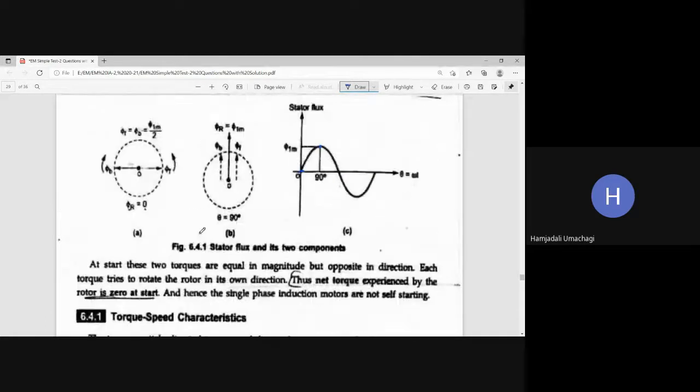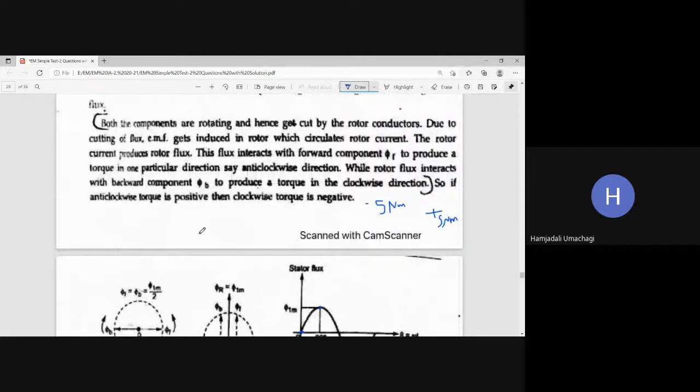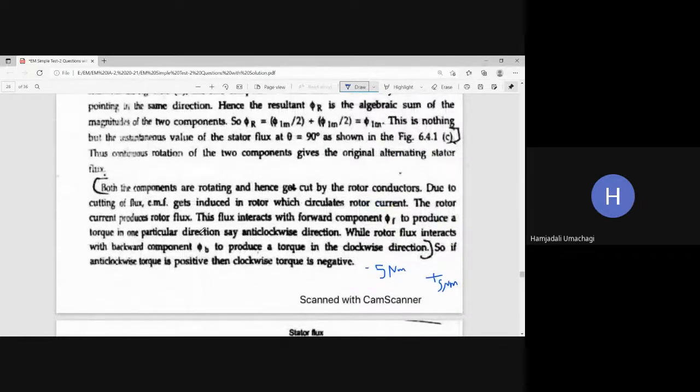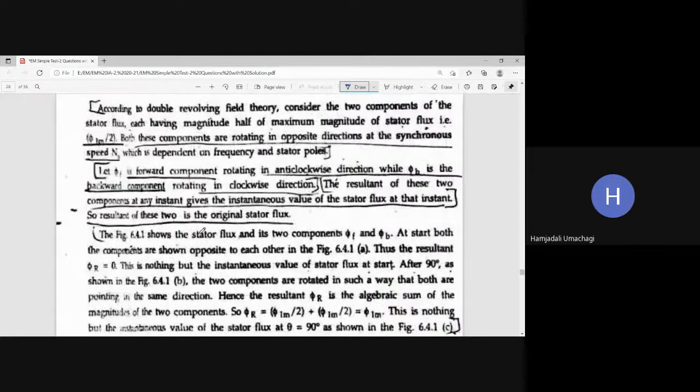The best example is the ceiling fan, which is nothing but a single phase induction motor. That ceiling fan will have a capacitor. That capacitor, along with improving the power factor, is also going to provide the initial torque so that the ceiling fan can be made to rotate. This is the major advantage of using a capacitor in the ceiling fan. It provides the initial torque so that the fan, which is a single phase induction motor, can rotate on its own at the time of starting.